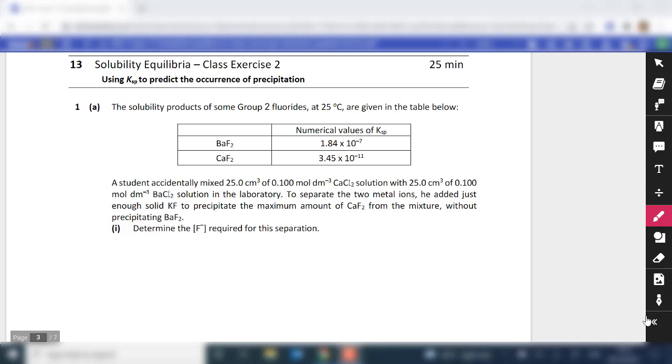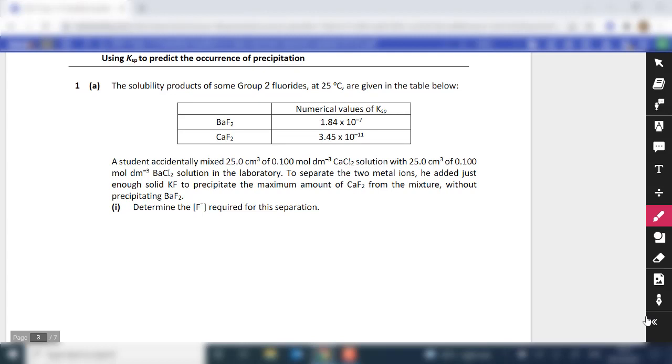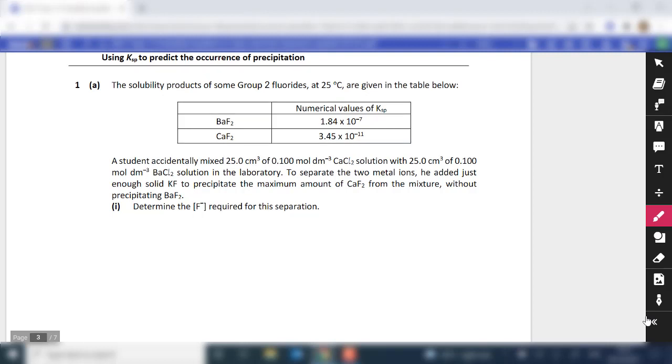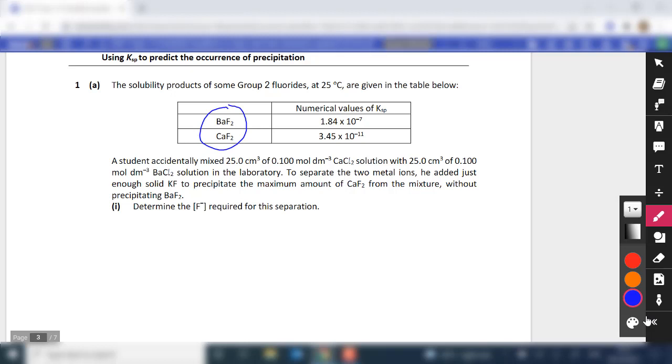Okay, we'll now look at in-class exercise 2. For question 1, you are given the solubility products of group 2 fluorides at 25 degrees Celsius. If you take note of the two fluorides, they have the same cation to anion ratio. So if you have another column calculating their actual solubility, you should be able to quite easily tell that